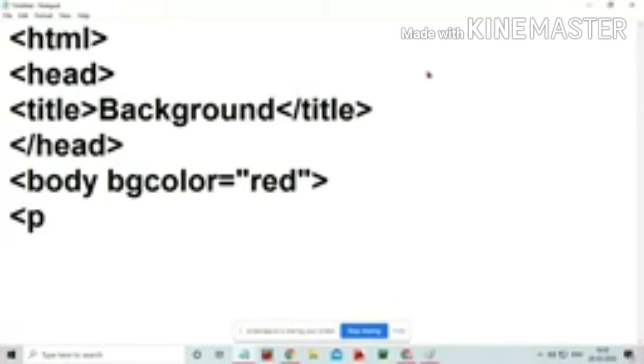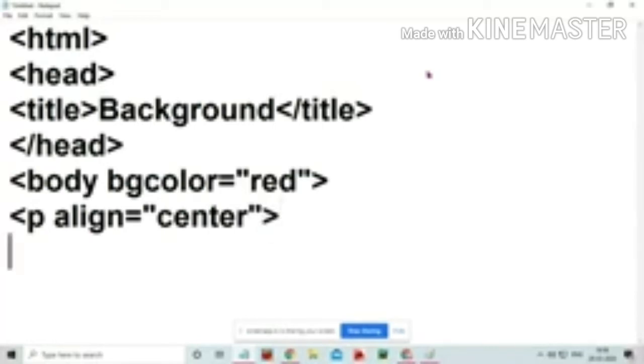I will give center now. You can give the center tag separately also, as we saw in the previous sample program, but then it applies only to that text, not the whole paragraph. If you give it inside the attribute of the paragraph tag, it applies to the whole paragraph.